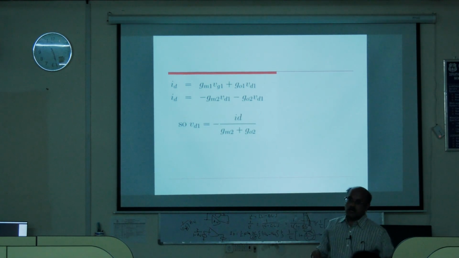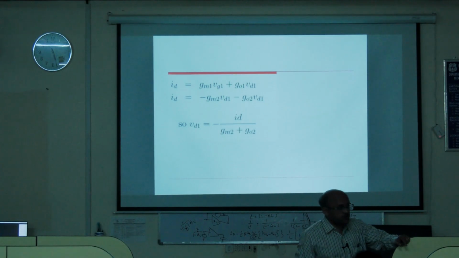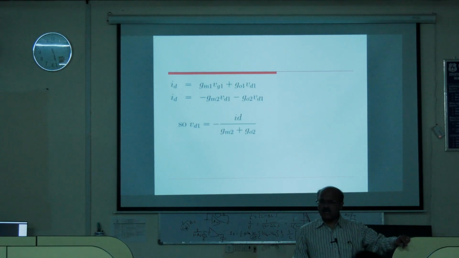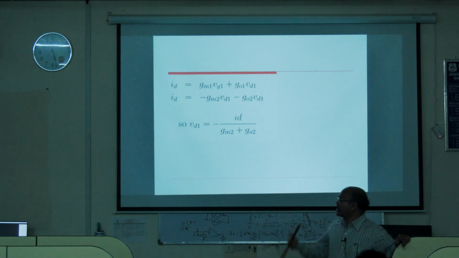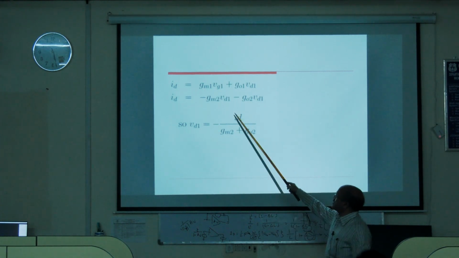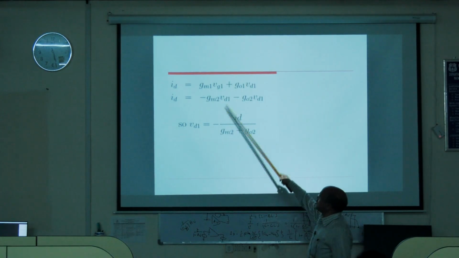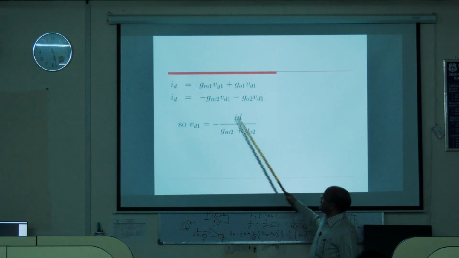Vd2. When G02 Vds2, what is Vds2? dVd2 minus dVs2, but dVd2 is 0 because we are calculating Gm effective. We have made it 0. So it is only minus dVs2. But dVs2 is again dVd1. Therefore it is minus dVd1. Now equate both of them and then we'll get Vd1 is equal to minus ID by